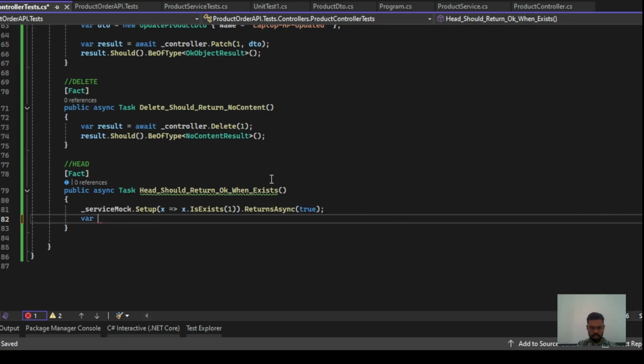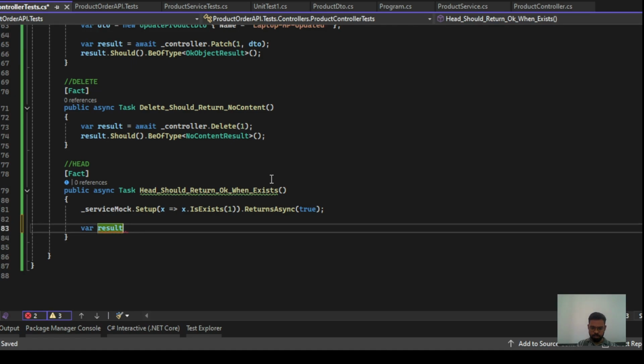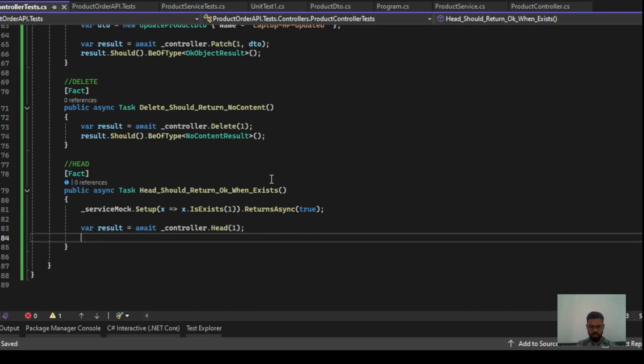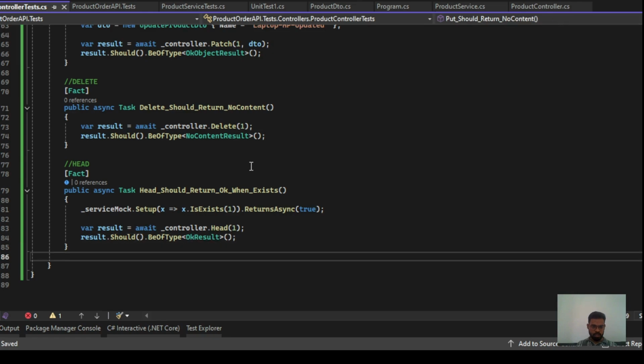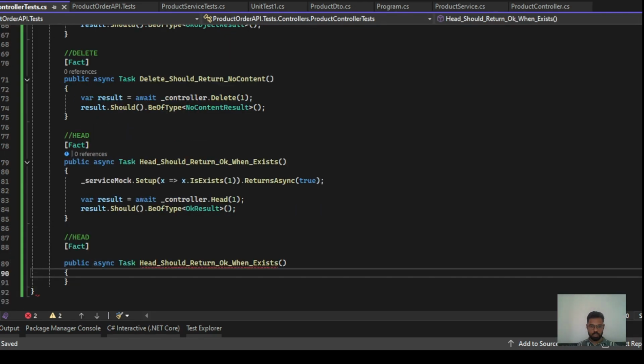Then var result, let's make a new separate line, var result equals await underscore controller dot head. Okay, and let's pass 1. And now result, we'll use the same, result dot should be of type OK result. OK result. Now we are done with head also. And one more thing, we can try when head does not exist. We can write that test case also. So it should return not found